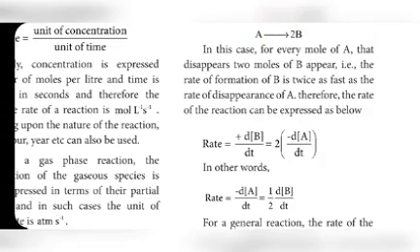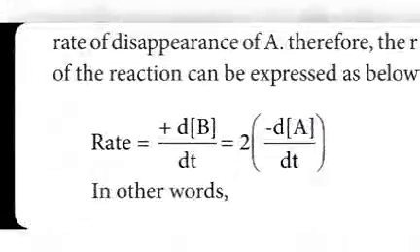So change in concentration of, change means difference. Change in concentration of reactant divided by time taken dt. Please note the symbol here, minus symbol is given. When reaction proceeds, the reactant concentration is decreased. So only here negative symbol is given. The remaining only one, here 2 is given.